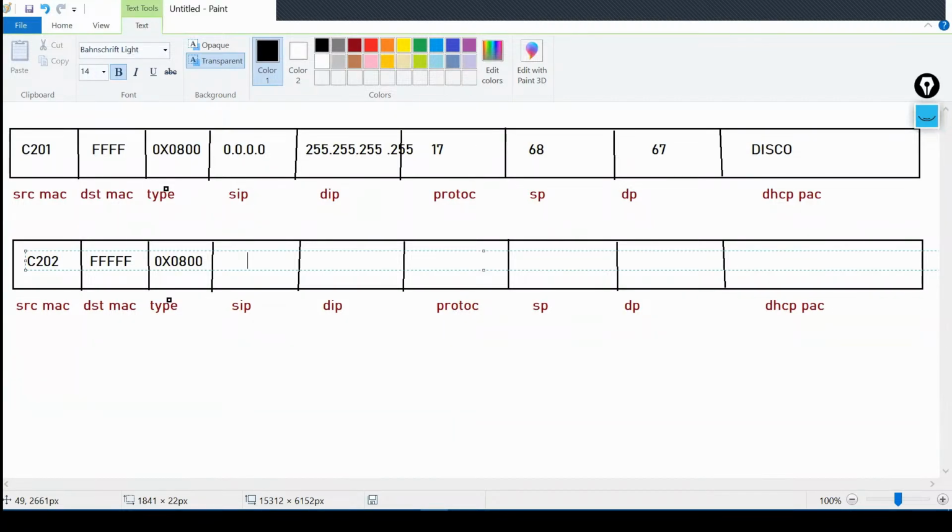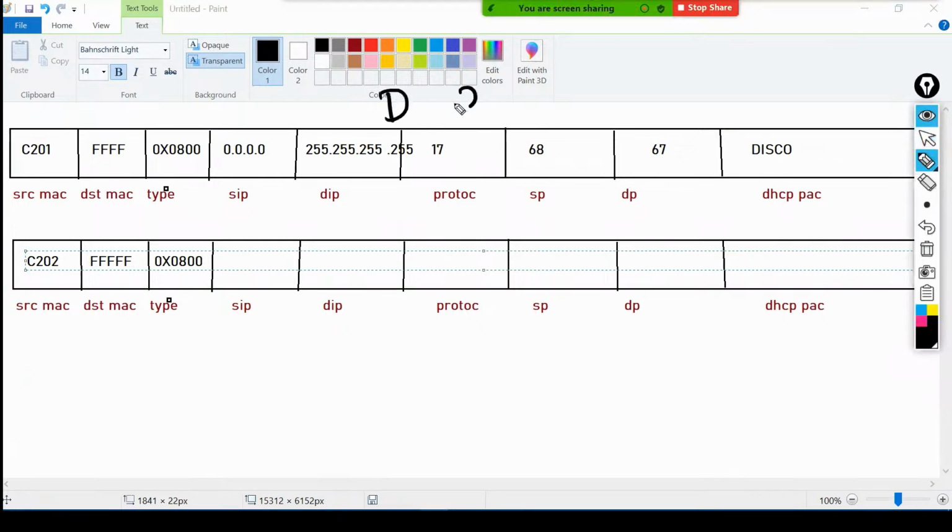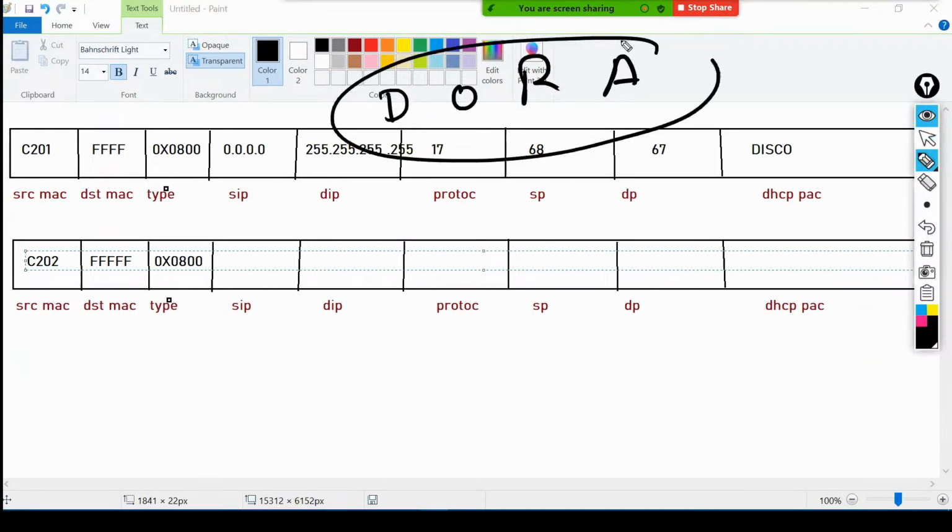Depending on the platform again, guys, some packets will be unicast, some packets will be broadcast. Discover packet, offer packet, request packet, acknowledge packet, all these packets will be broadcast in Cisco. Release packet will be unicast.